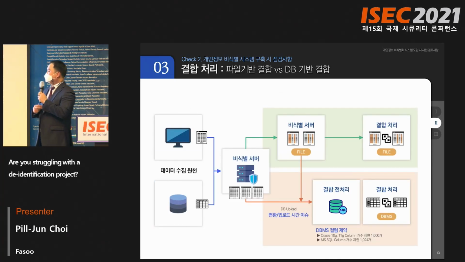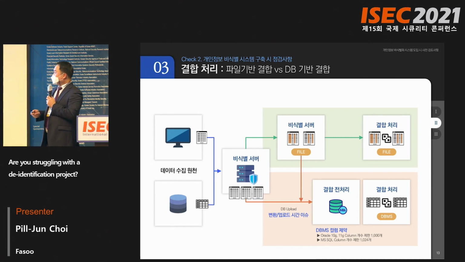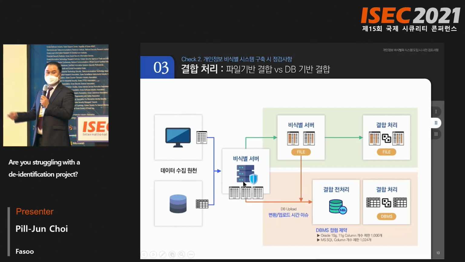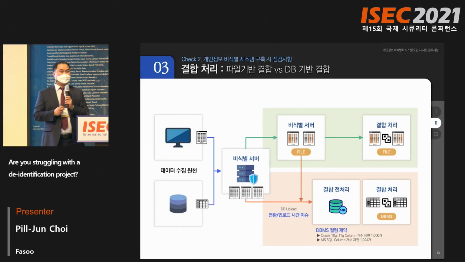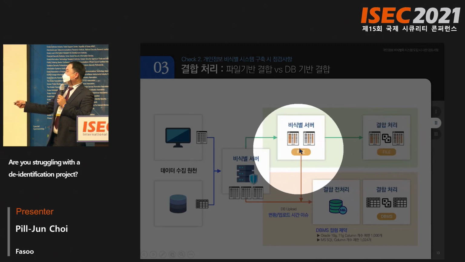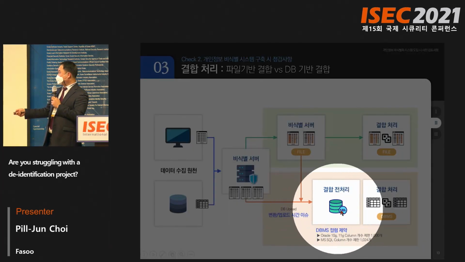Next processing is combination. I don't think you will have a need for data combination in the usual case because combining organizations do the combination work. When data is collected in the combination server, the data is recorded as files, and in the form of files, the combination processing is done, and if necessary, the de-identification is done. I don't think there is a problem in terms of the solution. However,